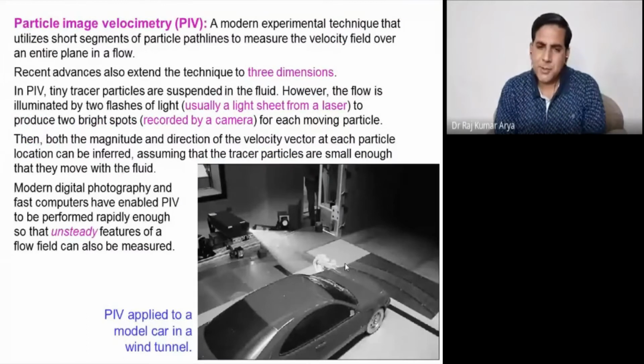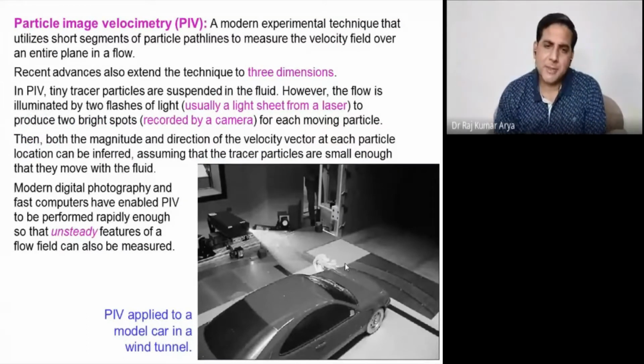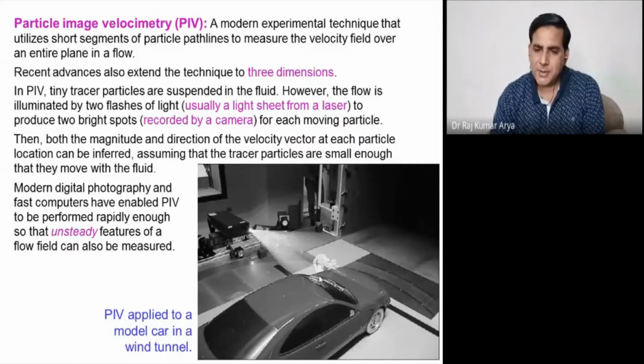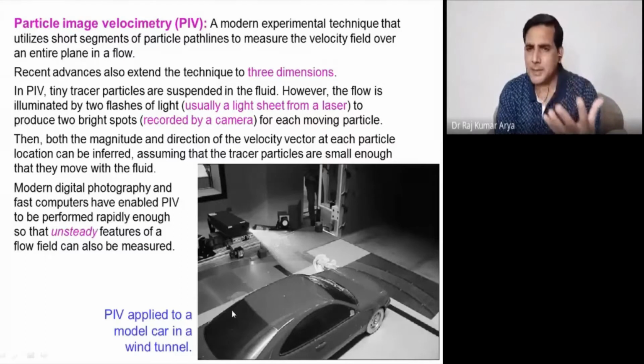Then this is also one of the techniques, particle image velocimetry. So in this particular part, you have the laser light here, you can see. And here you will just throw your wind over the windscreen of the car, and then you want to see how these particles of air go over it. So this is very important in the case of racing vehicles and cars, because you want to design for speed.